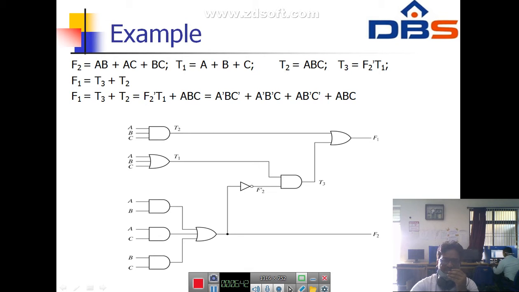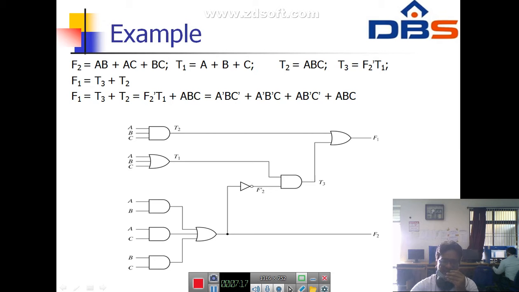That means one individual variable is ORed with B and another individual variable is ORed with C. So this function will perform a 3-input OR gate. Whenever we give A, B, C, 3 inputs, to a simple OR gate, the output of the OR gate is A plus B plus C. That means the A variable is ORed with B and the B variable is ORed with C.